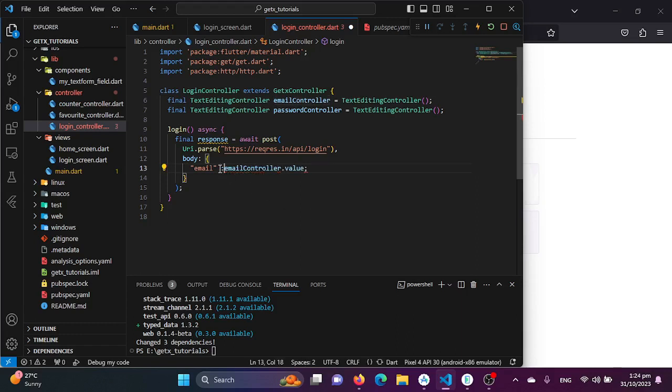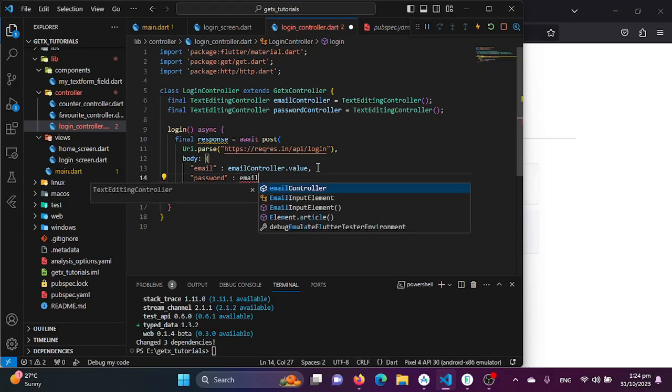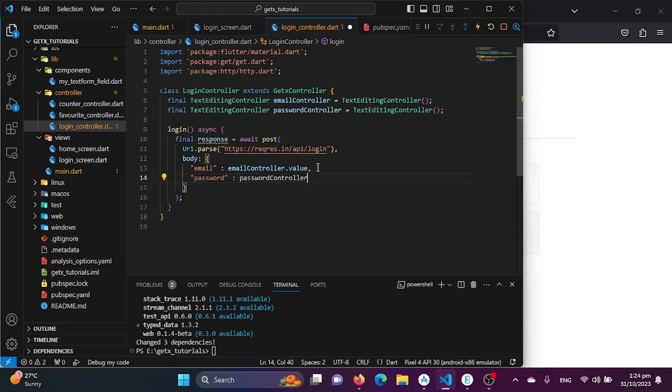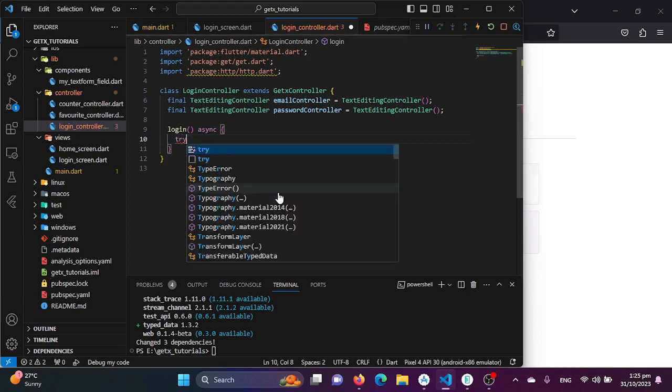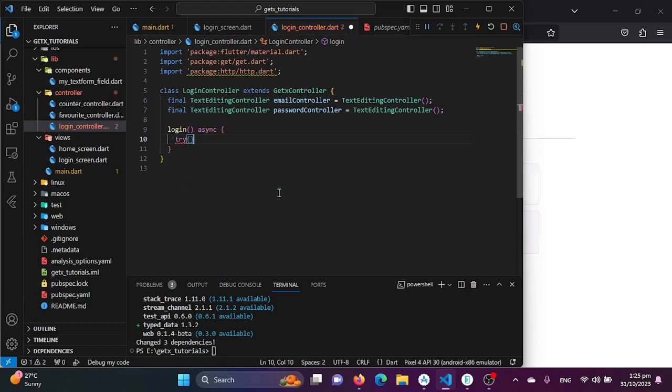So we need a colon here, and you're good to go. Now what was the password, and from where are we getting the password? Which is password controller dot value, and that's it. So we will wrap all of this into try and catch to throw an exception if an exception occurs. I'll be cutting it from here, and I'll be using try and catch,